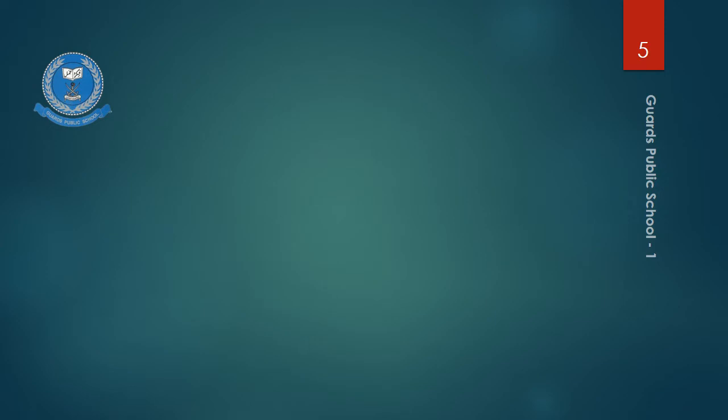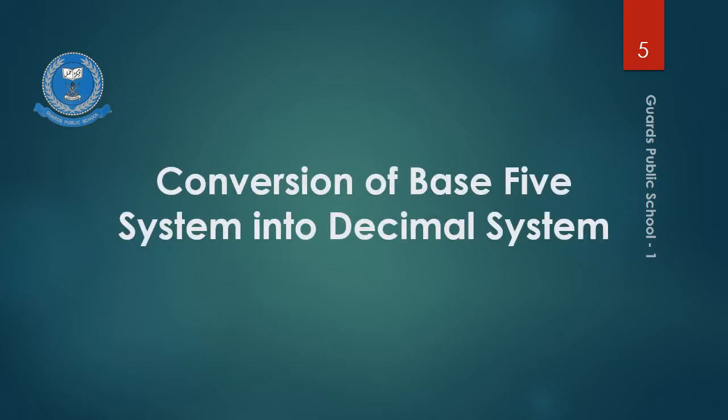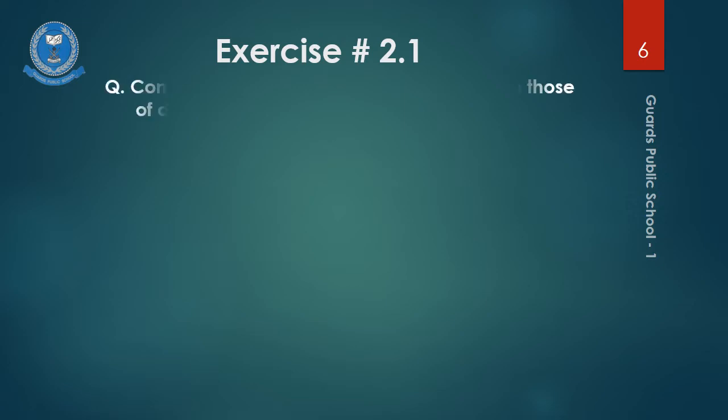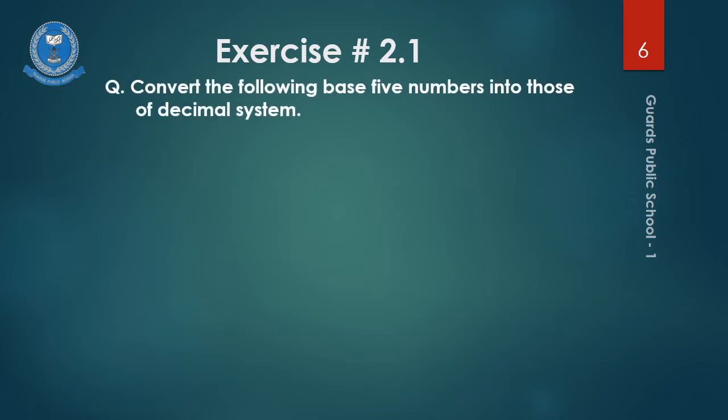Conversion of base 5 system into decimal system. We can easily convert a number of the base 5 system into a number of the decimal system, and that we will study and practice in our exercise. Now come to exercise 2.1. The first question you have been given: convert the following base 5 numbers into those of the decimal system,